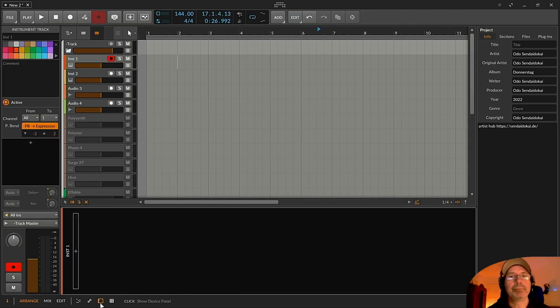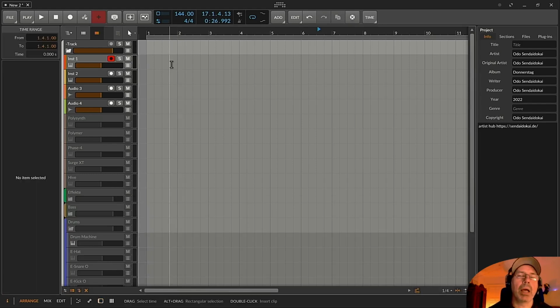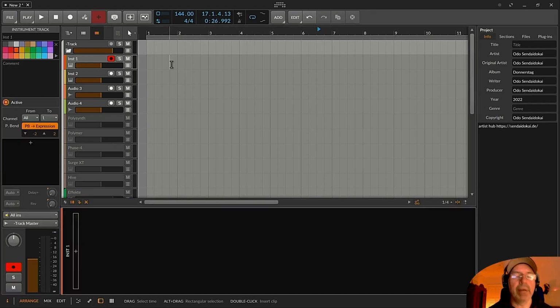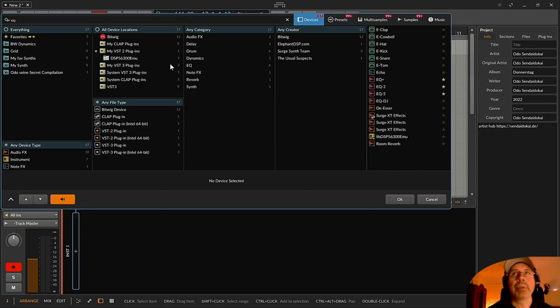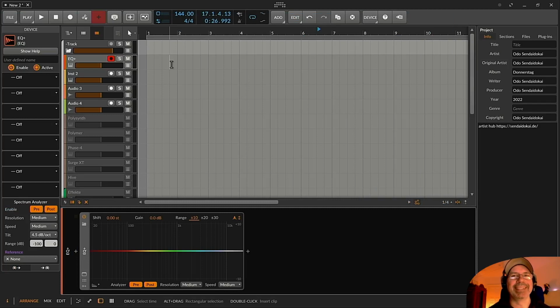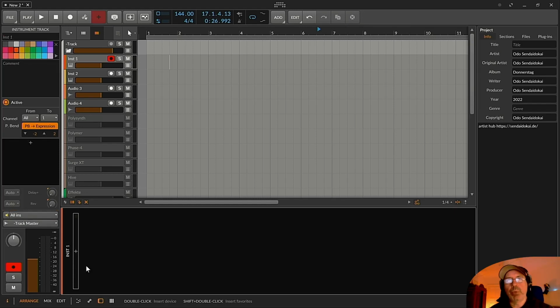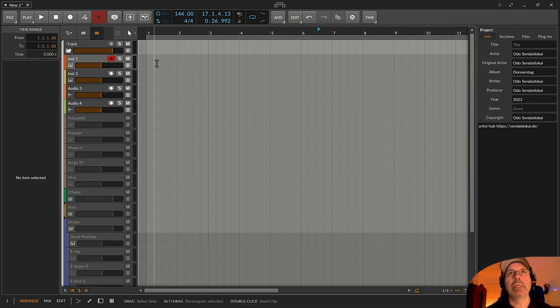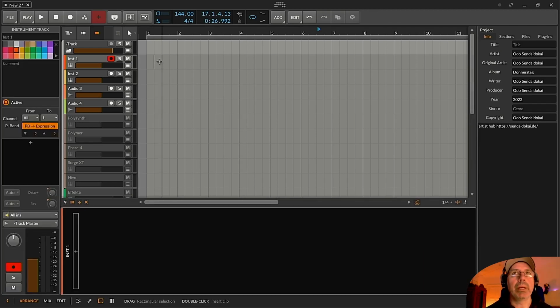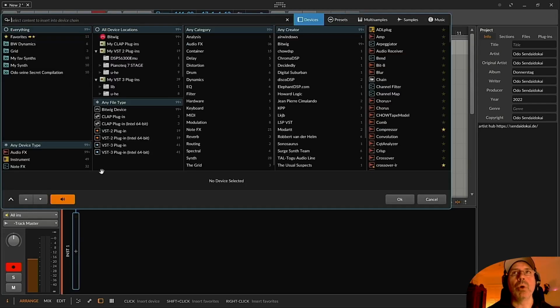So what I normally do is, I'm on the arranger, I say, okay, I need something else. I press D for device, and then B for browser, and I have my browser, and then I say, okay, EQ, and then I have my EQ, then I can start. This is far quicker for me than switching between mouse and keyboard. D closes it again. I'm on the arranger, then I press D,